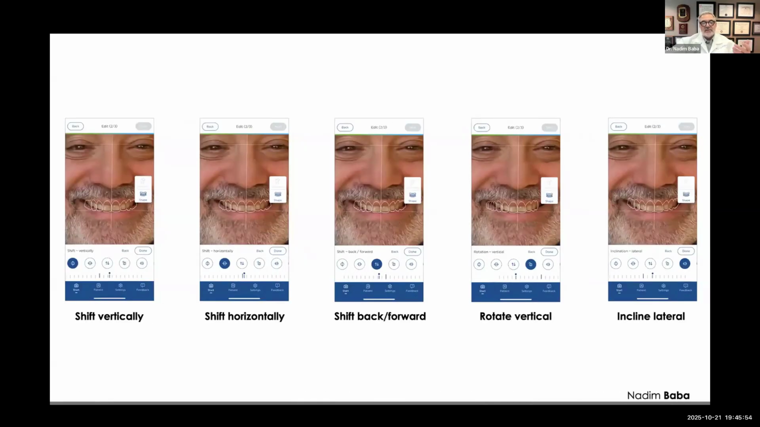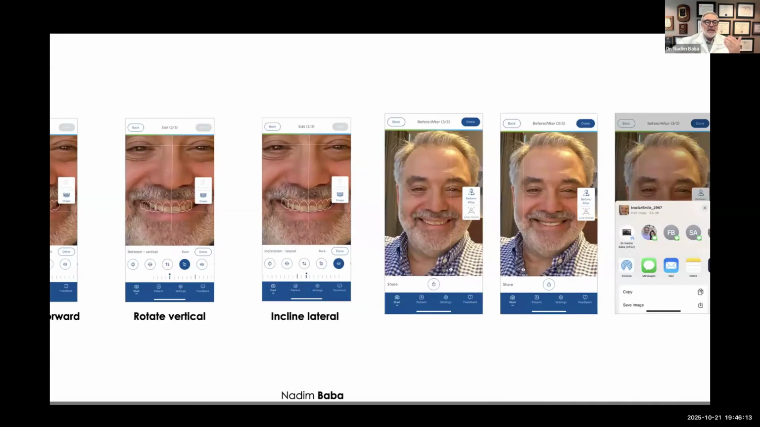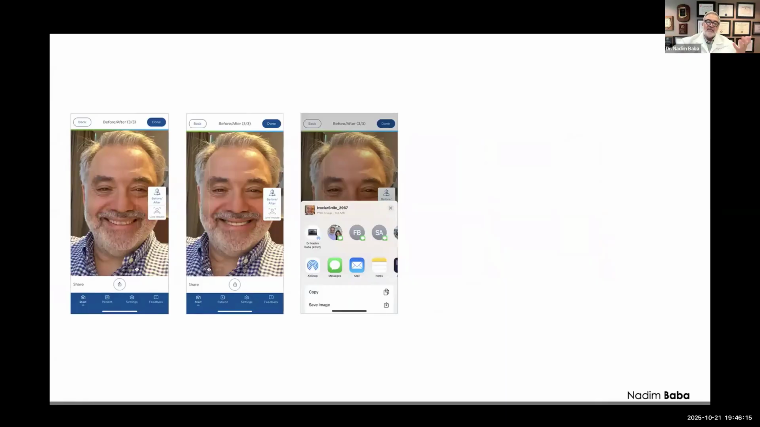Then the software is going to ask me to adjust the new teeth. I'm going to shift them vertically, horizontally. I'm going to rotate them vertically and laterally, and I'm going to shift them back and forth if needed. And then once I have approximately what the patient needs to look like, I'm going to show them the final